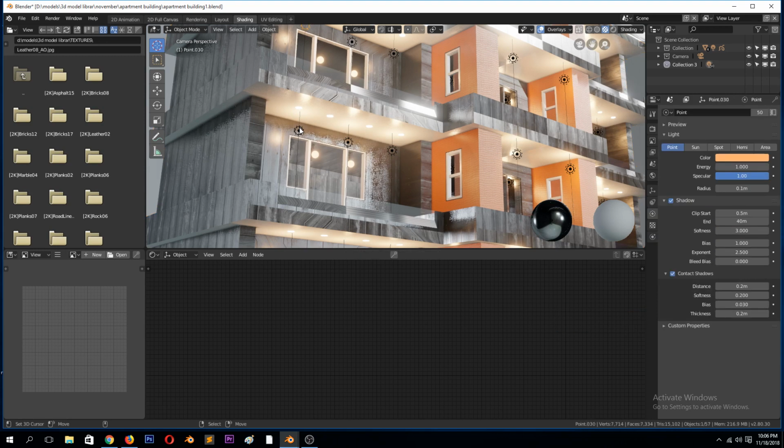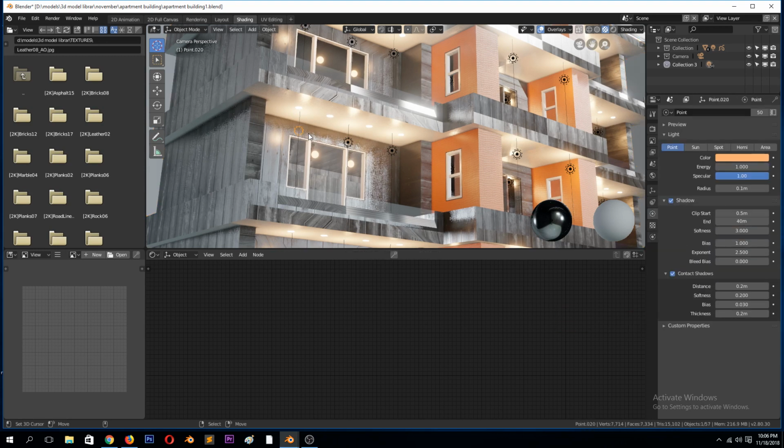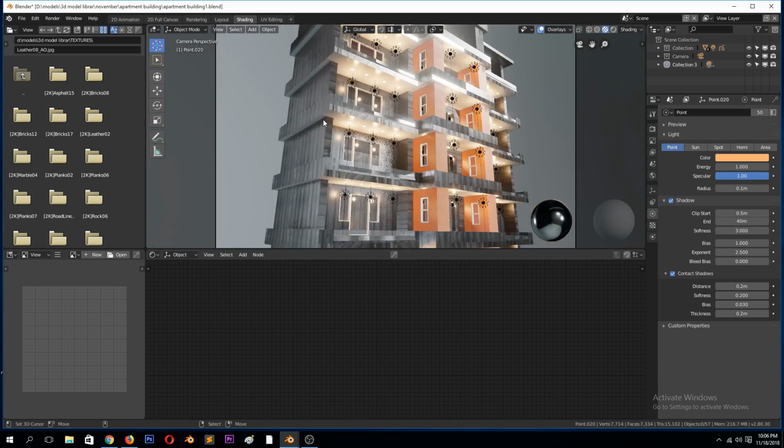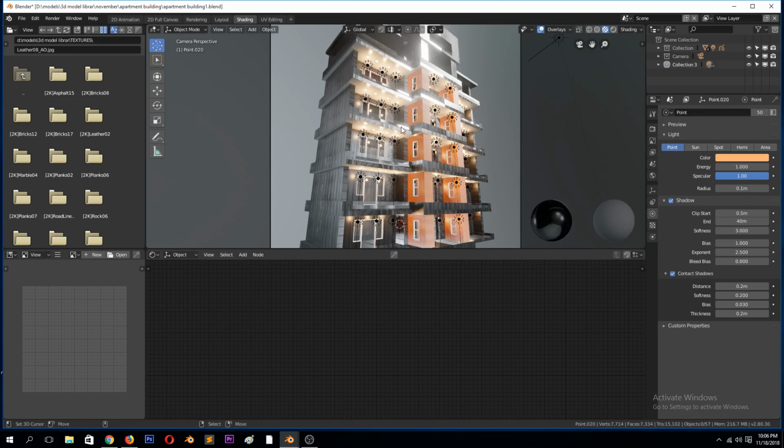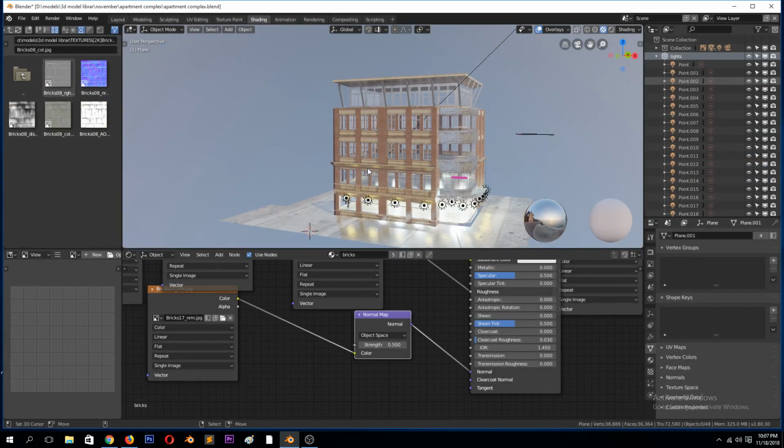So see, if I hide this light here, you can see it's just giving it off around there, and I wanted this entire area to be lit, so that's why I have those lights in there. So basically that is it for this building, the texturing, materials, and the modeling. Then when we come to this,